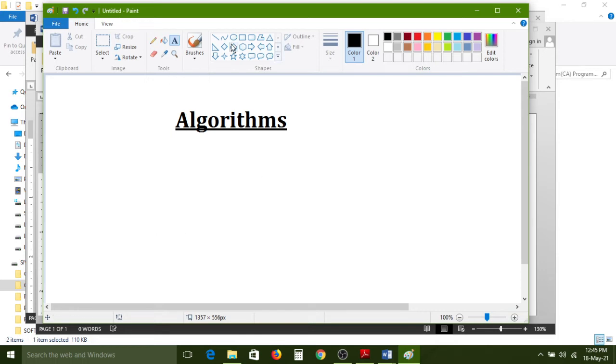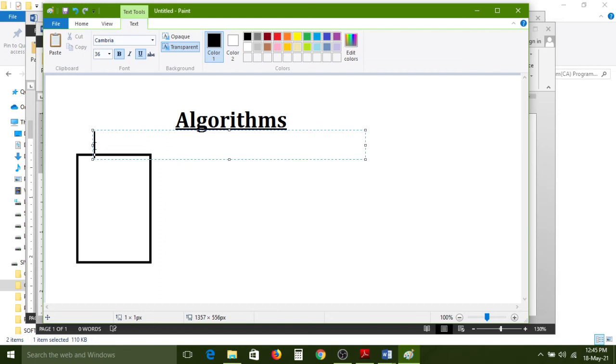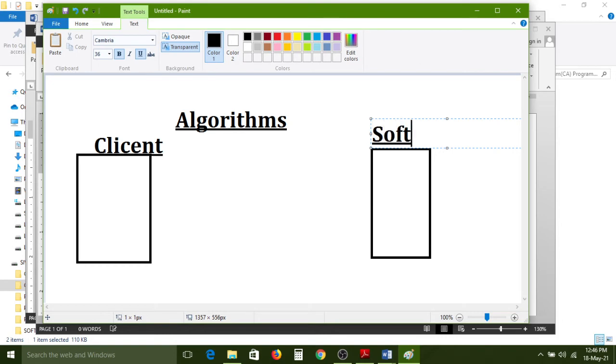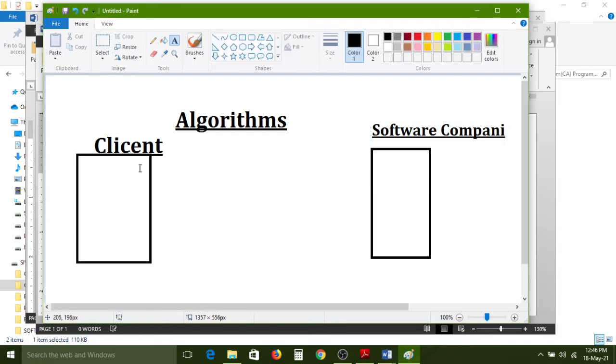For example, a client gives a project to a software company.